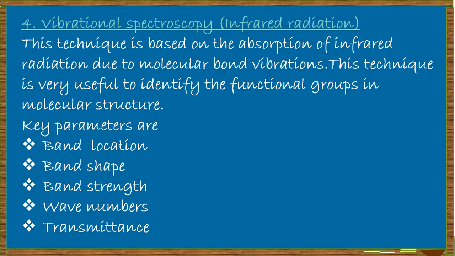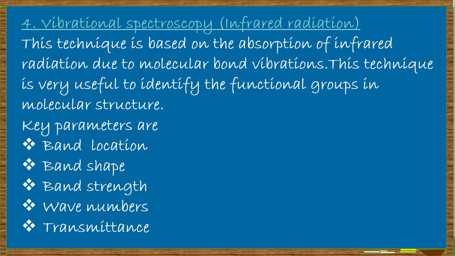The next one is vibrational spectroscopy. There are the infrared radiations. This technique is based on the absorption of infrared radiation due to molecular bond vibrations. This technique is very useful to identify the functional groups in molecular structure. The key parameters are band location, band shape, band strength, wave numbers,